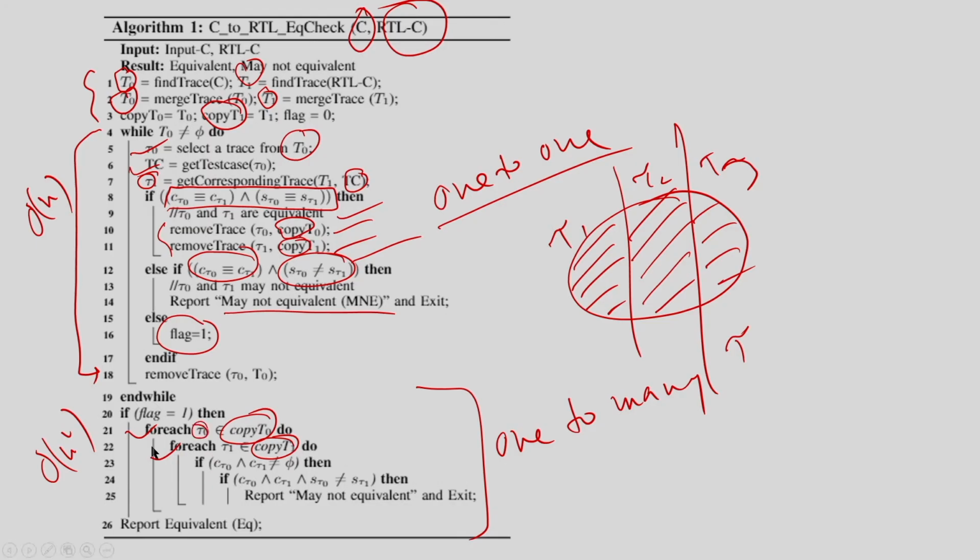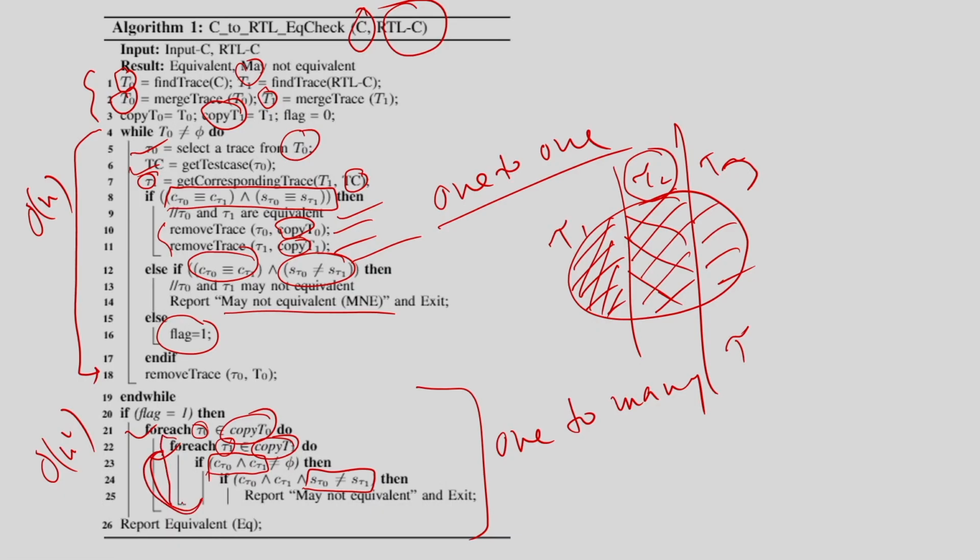So, I will take a trace tau 0 and I will identify a trace tau 1, so that their condition is non null, that means there is some overlap. So, I will identify this part, okay, and then I will see if their output expressions are equivalent, right. So, I identify a trace in the other behavior whose condition is basically a subset of this trace, and I will check if their outputs are equivalent or not. If they are equivalent, then I will say it is fine, if not, I will say they may not be equivalent, right. If they are equivalent, I will identify the next one. So, I will now identify tau 2 and check their output expressions. If they are the same, I will say they are equivalent, move on, and then I try to find the next trace tau 3.